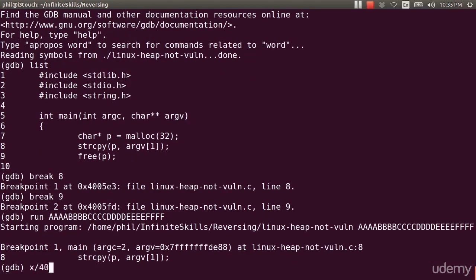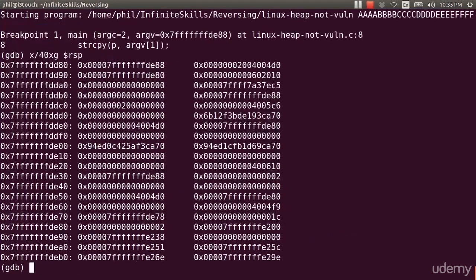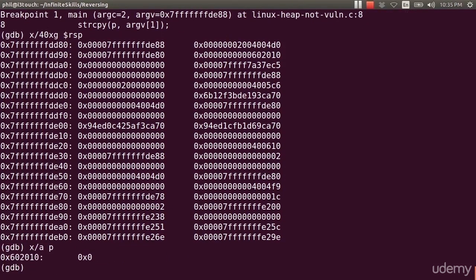I can look at my stack if I want to. And in this case, I'm not really concerned about the stack because this is not a stack buffer overflow situation. So nothing too interesting here. But one thing I could do is examine a memory address. And in particular, I want to know, where is this buffer P? And this buffer P is at the address of 602010. So I want to look